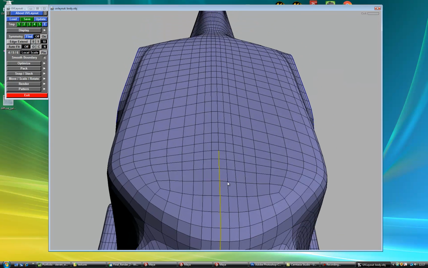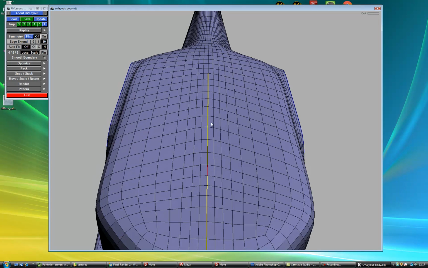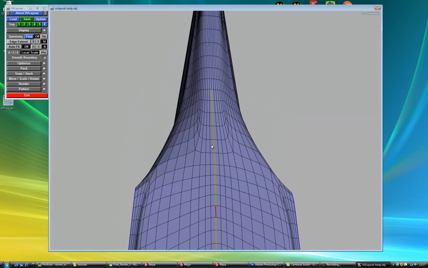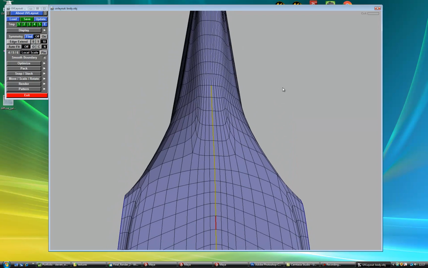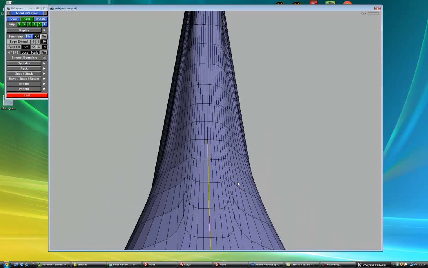Yeah, there's probably too many edges on this model, by the way. You wouldn't normally put this level of detail onto something that you're bringing into UV layout. You'd use proxy smoothing to get the model smooth. Later you'd use a proxy mesh inside Maya for the final render. But